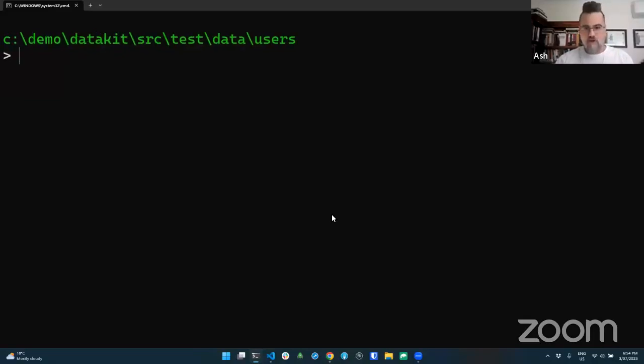So I'm just starting off at the terminal here. I'm on Windows 11 using Windows Terminal, but this also works on Linux and macOS. I'm just trying to get the Zoom controls out of my way. There we go. So this should work for you on any operating system, the exact same kind of thing that I'm doing. I'm actually in the DataKit repo, and all the data that I'm using,